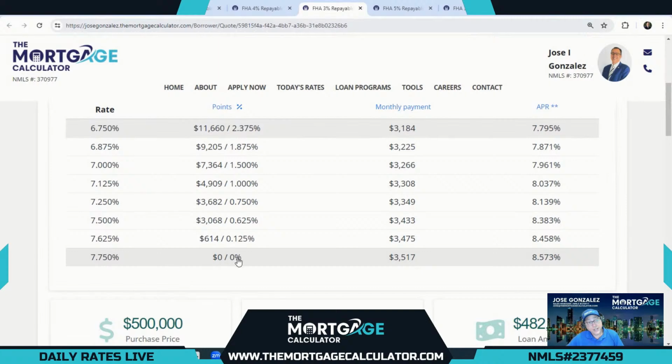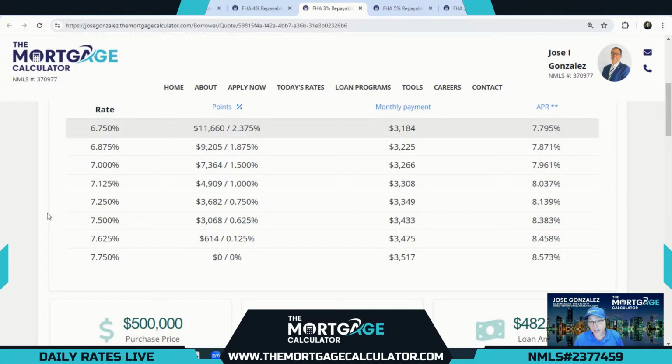because now 7.75 is at par, right? The other way, we're looking at 7.75 costing some. Now we're at par, so now we get even more savings, and you can buy that down all the way to 6.75, which is very good rates, and still get 3% of the purchase price in closing cost assistance. So this is definitely the way to bridge the gap and have that transaction where the borrower only has 3.5%